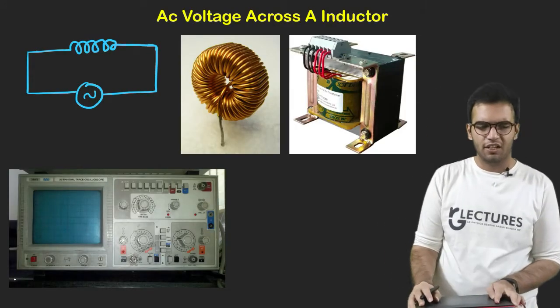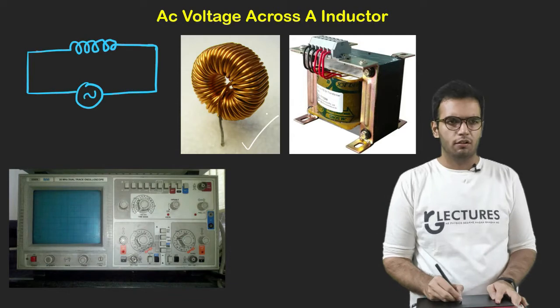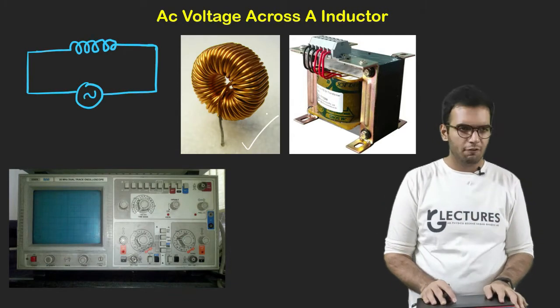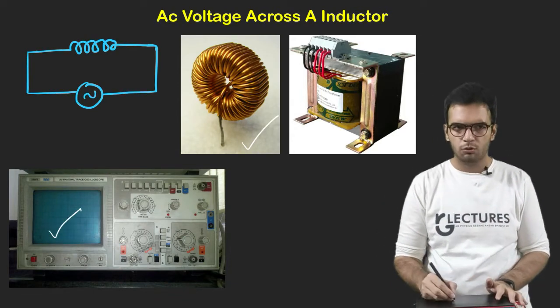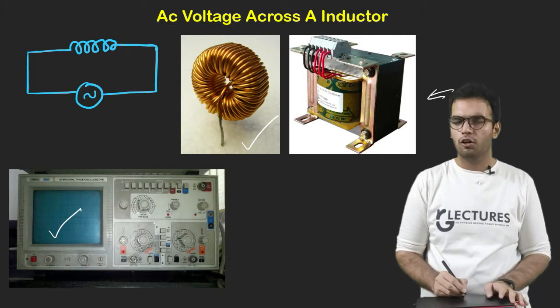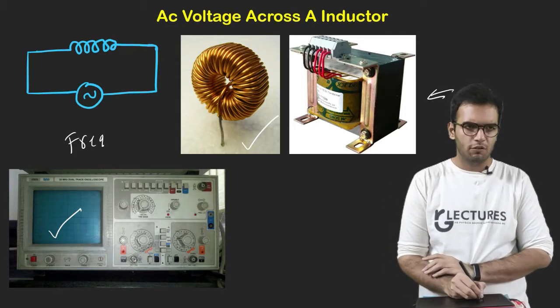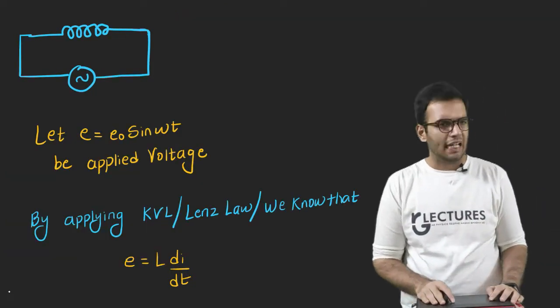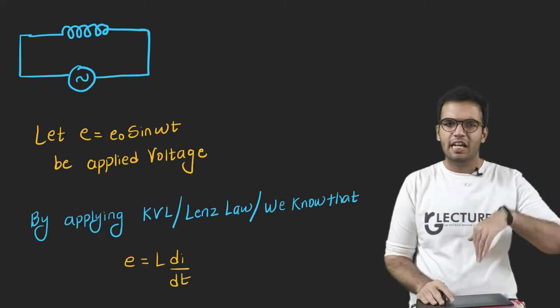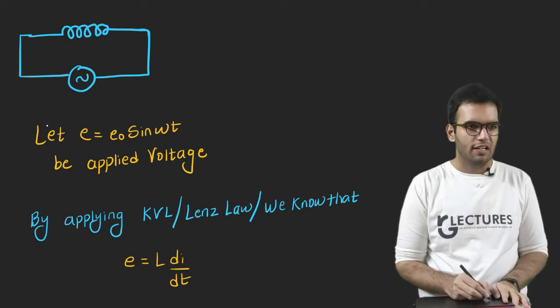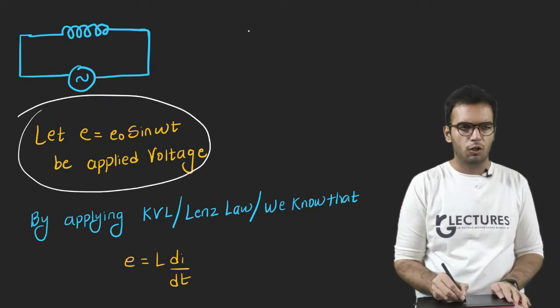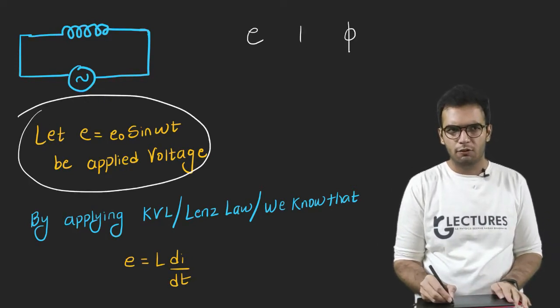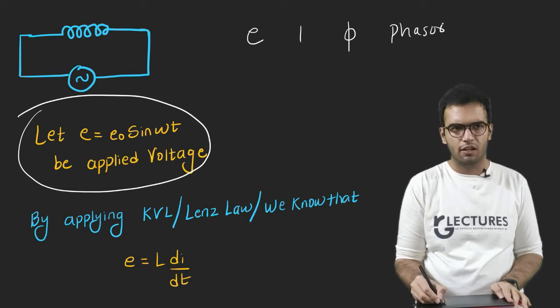Let's talk about the inductor. An inductor is nothing but wire coiled in a certain way. Again, you will need a CRO to do the experiment, a step down transformer, and a frequency generator for a few cases. Okay, this is the circuit diagram. Again, you can proceed by any method, any explanation, anything is fine. Let's apply our voltage. So what do we have to find now? We have to find the current, phase difference, phasor, and the graph.